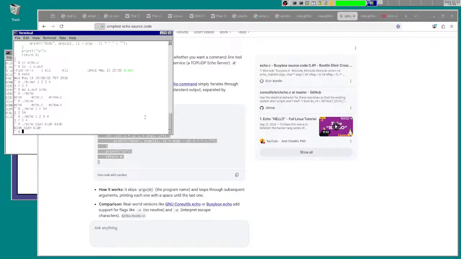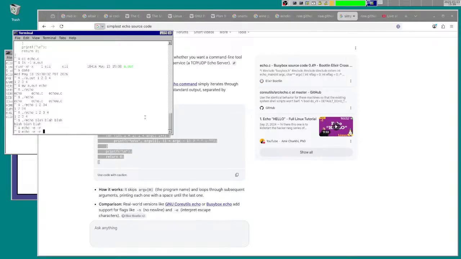Echo usually at least has the E and N flags. Echo dash N is no newline.